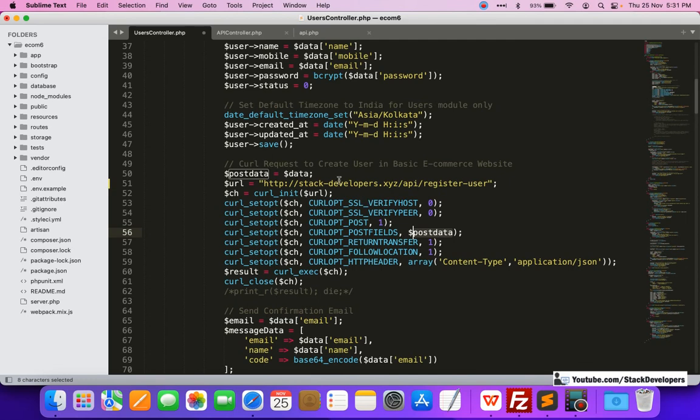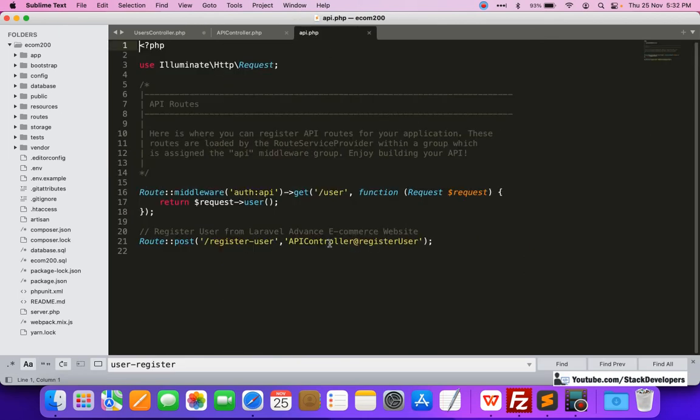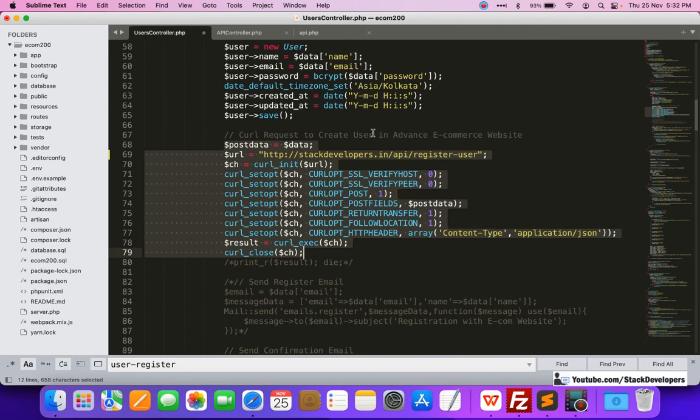You can see that the URL we are hitting is located at api.php, and from here we go to the API controller to register the user in the basic e-commerce website as well. So this is the change that we have done.